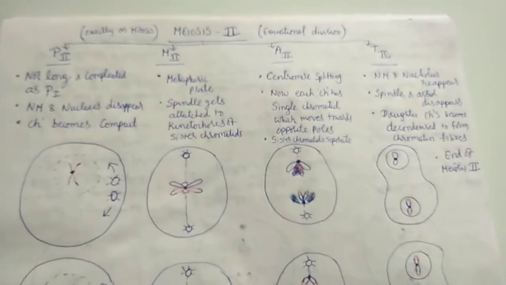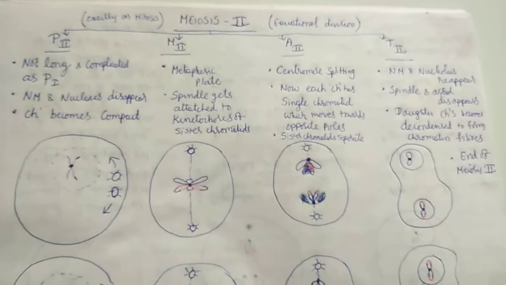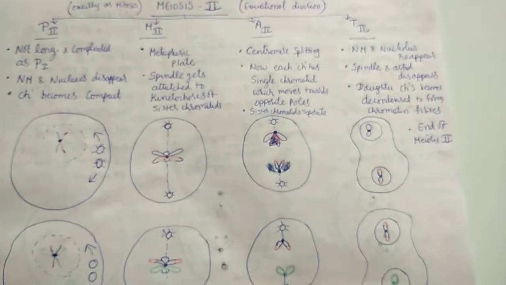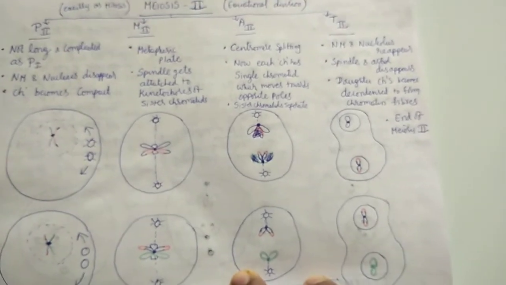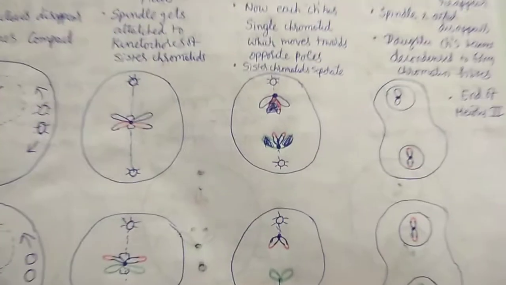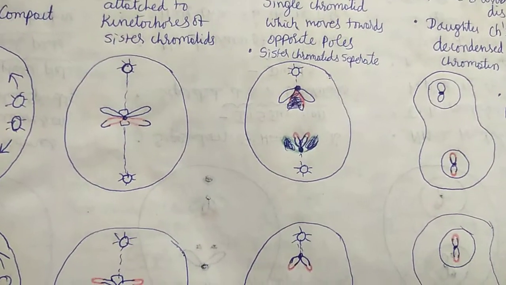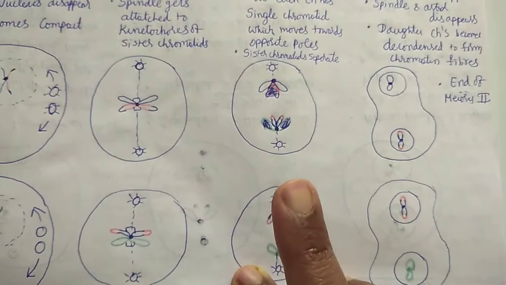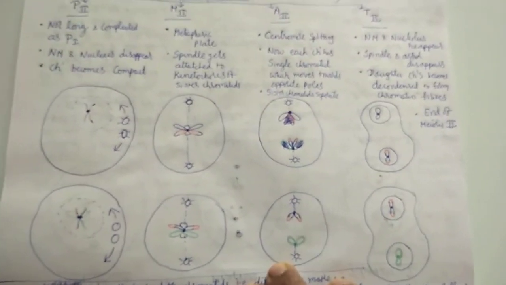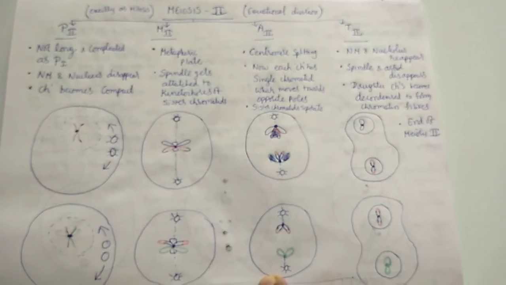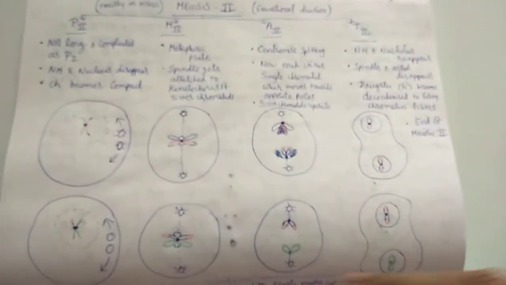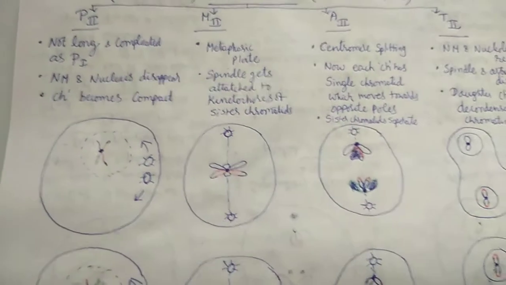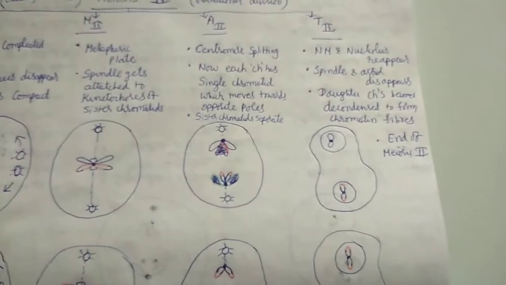And now let us move on to the meiosis 2. Meiosis 2 is almost equal to the mitosis. So it's an equational division. Here also what will happen in prophase 2, metaphase 2, anaphase 2 and telophase 2. Here a little bit disturbance is there because I made a mistake and I erased over there. So just keep it in touch over it. So this is about the meiosis 2, what will happen in prophase 2, metaphase 2, anaphase 2 and telophase 2